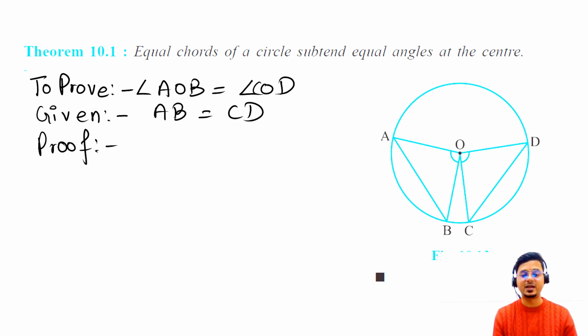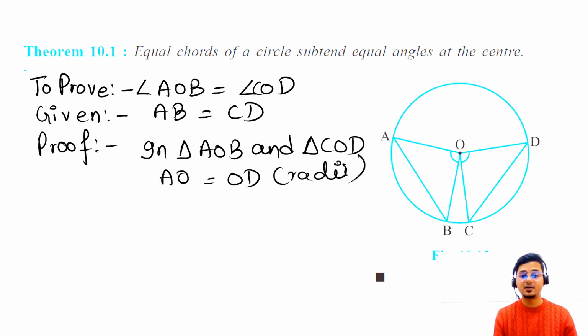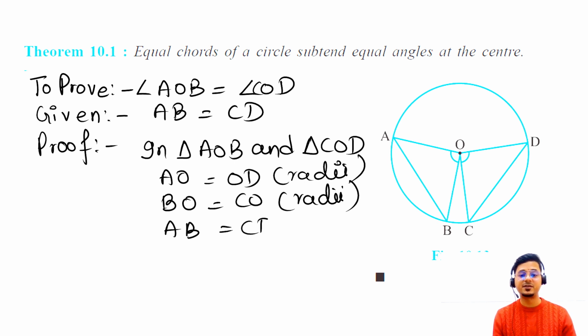So we'll take triangle AOB and triangle COD. In these two triangles, AO is equal to OD because these are the radii of the same circle, so they will be equal. In the same way, BO will be equal to CO. Again, same reason, these are the radii of the same circle. And AB is equal to CD because it is given in the question that these chords are equal. So by the SSS congruency rule,